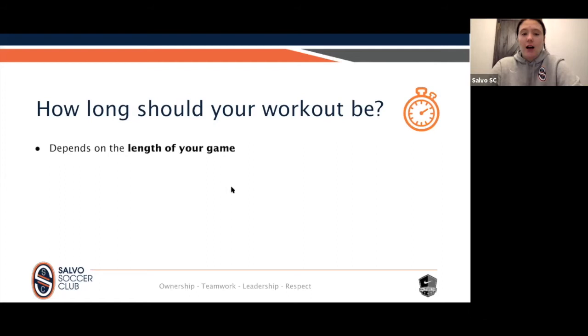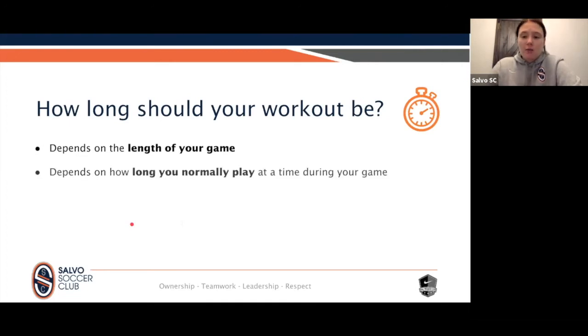So when we're looking at how long the workout should be, I want you to think broader in terms of the length of your game. So most of your games are going to be 90 minutes or close to. And then I want you to think how long you normally play during the game. So we're not going to work out for 90 minutes because we rarely play for the full 90 minutes. Okay, if you are a position that does play the 90 minutes, the goalkeeper, maybe a center back, center mids,